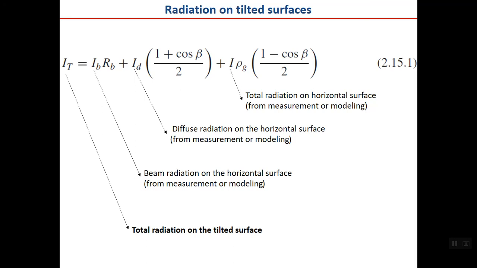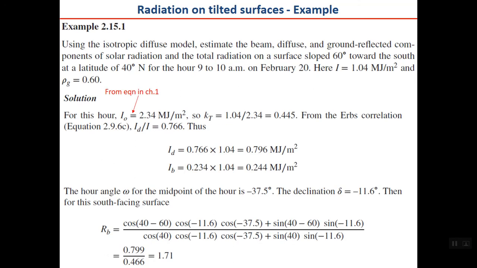I hope it's clear. If it is not clear, please listen to what I said once or twice more, because this is very important. There's an example in your textbook, example 2.15.1, which works on the same formula using the